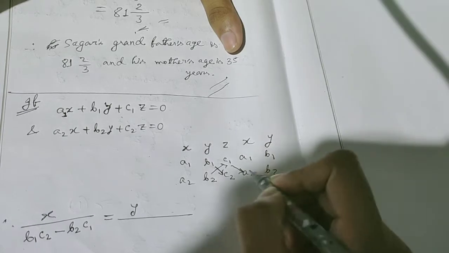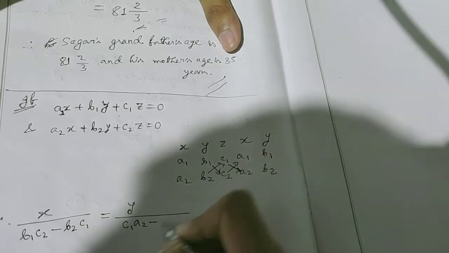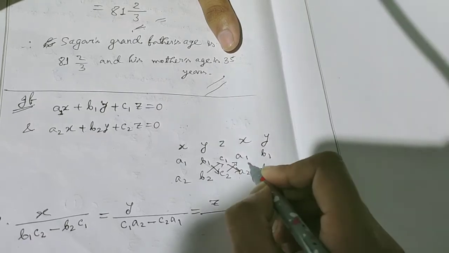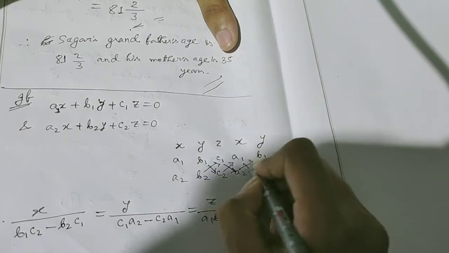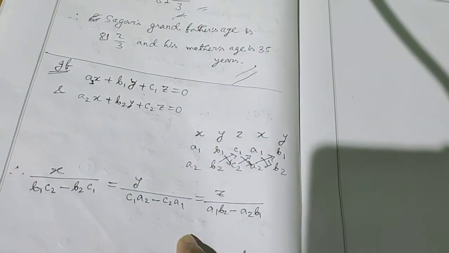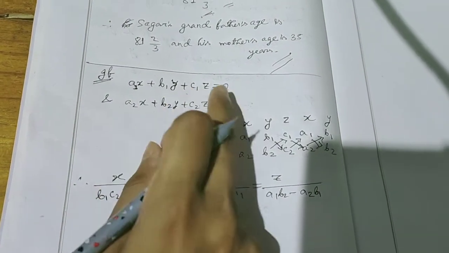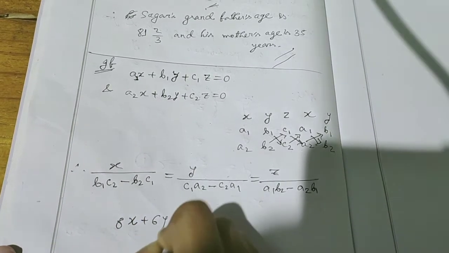Then for y we will write c1 a2 minus c2 a1. Then for z we will write a1 b2 minus a2 b1, a2 b1. So this is the formula. If it is like this, then the formula says this, and instead of a1 b1 c1, any number can be there, like 8x plus 6y minus